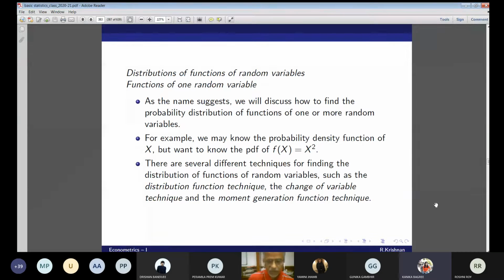Sir, in this case, f(x) is equal to x square. How will we use the Jacobian? Because x square is not a monotonic function. For x greater than or equal to 0, we can use the Jacobian in that case because it becomes monotonic. Okay, that's another assumption I have always made, f(x) is greater than 0 for most of the stuff.